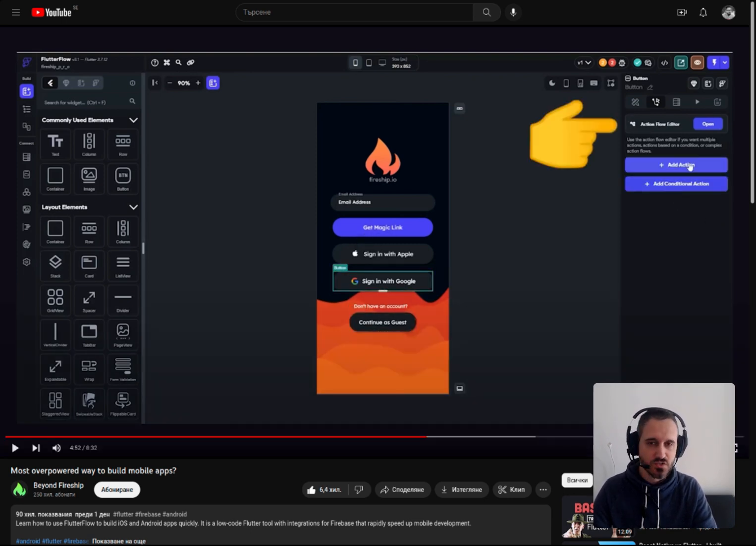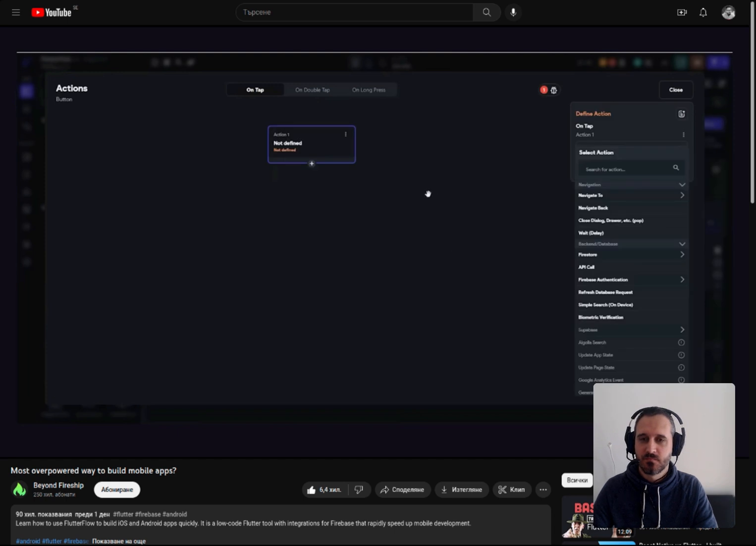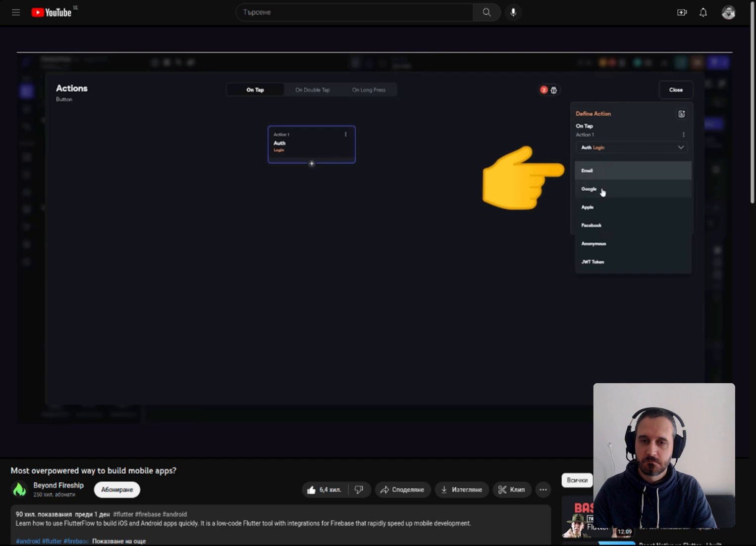If we click on a button and then go to the actions, it'll take us to the action flow editor. In this case, we want to implement Google sign-in, so we just choose the Google Auth provider and we're done. In many cases, though,